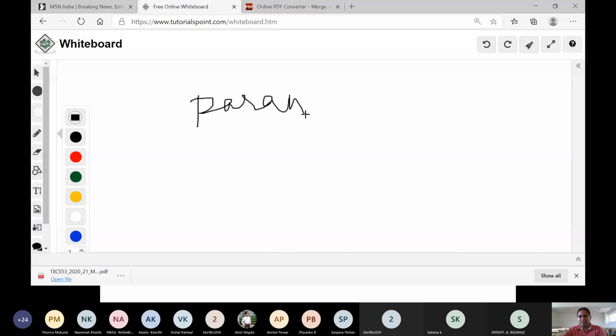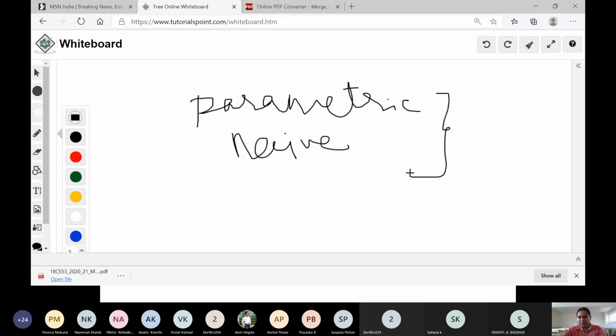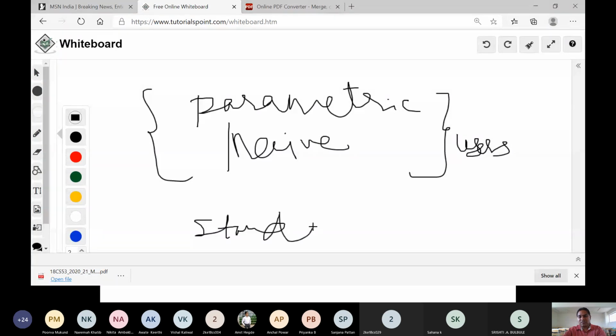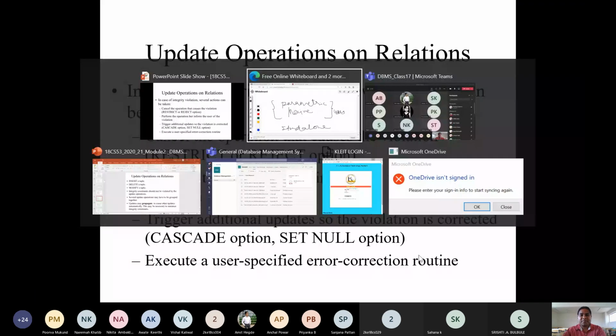Do you remember this type of user, or did you forget? Say yes or no. Parametric or naive users, you have standalone users. Yes? Yes, sir. What do parametric or naive users do?